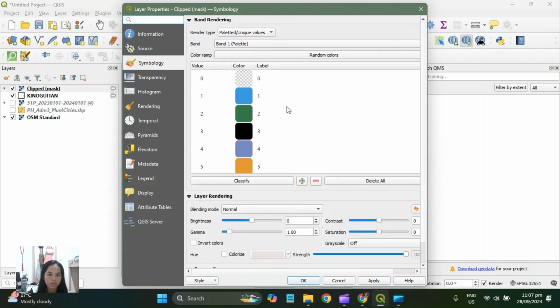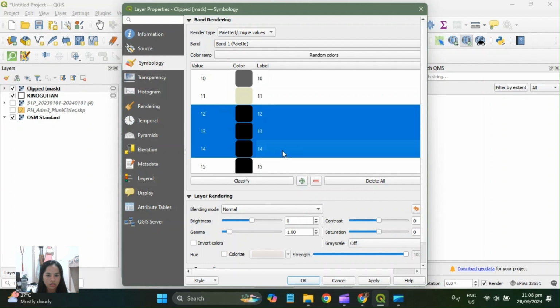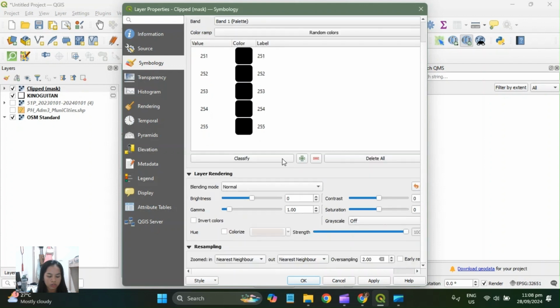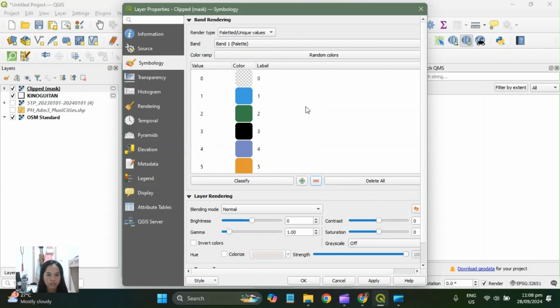Some of these are unnecessary, so you can just delete them. To delete, you need to click Control Shift, then click the numbers you want to delete. Then this one. Then we still have here the remaining colors, and then apply. Okay.